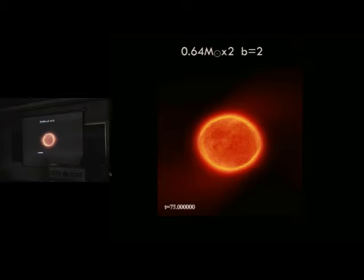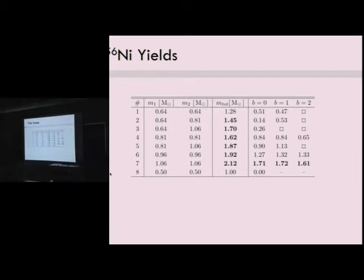Do you have a sense of what the critical combined mass for detonation is? At zero impact parameter or at a high impact parameter? Well, I did put together a grid that maybe we could pull up to see what it would be, but